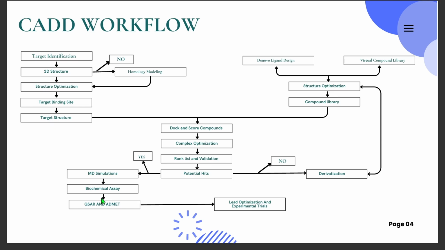So once the ADMET parameters are fulfilled, then you can continue the docking, and later on, once it is validated by molecular dynamic simulation, you can again perform ADMET analysis. Okay, for example, in case of a validated complex, you can go through molecular dynamic simulation. If the molecule is not validated over there, then you can go through derivatization. Okay, you can perform pharmacophore modeling, what we call it. Okay, in case of pharmacophore modeling, you can change the substituent, or the functional